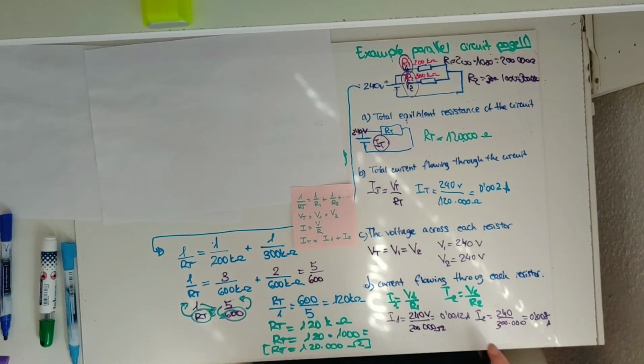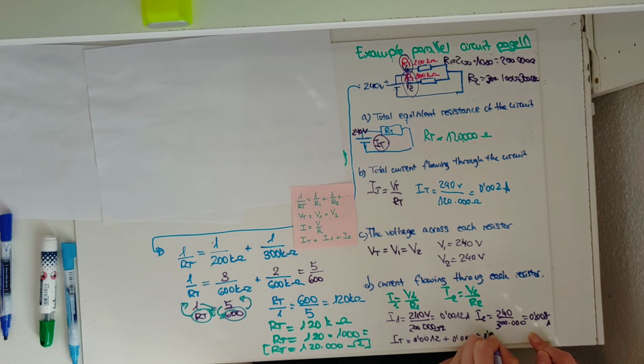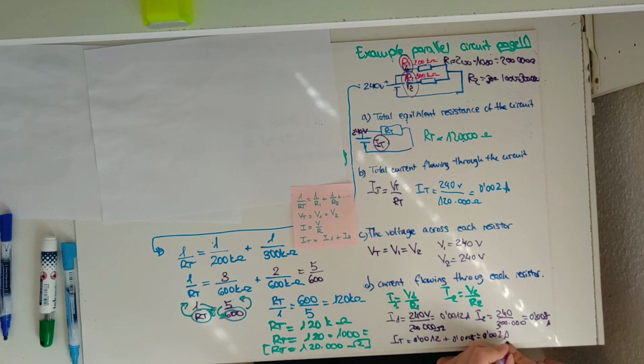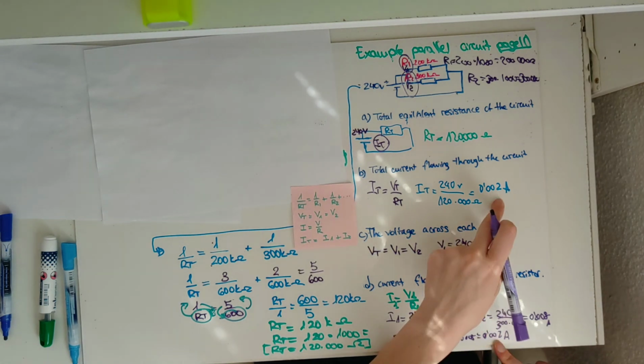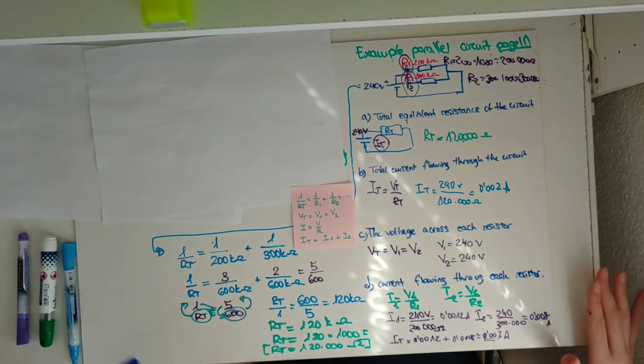So if I sum these two values, I should get the total current. Let's see. It is to check if it's right or not. 0.002 amps. Is the value? Yes. So it's right. Okay. Now you can